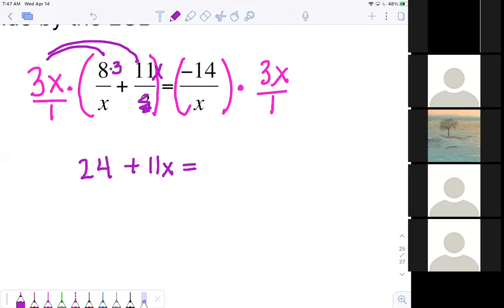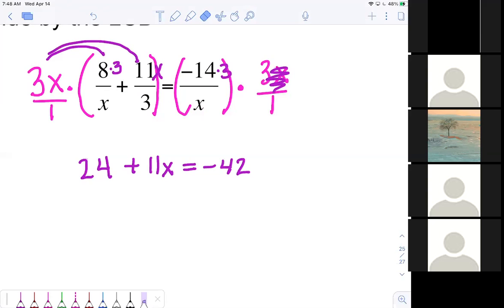So the last part, if I look at the other side of the equation, it has an x. The x cancels, but it needs the 3. And negative 14 times 3 makes negative 42. So think of this as the denominators totally go away. The current denominator is gone. The extra piece that the denominator needed is what we multiply the numerator by,